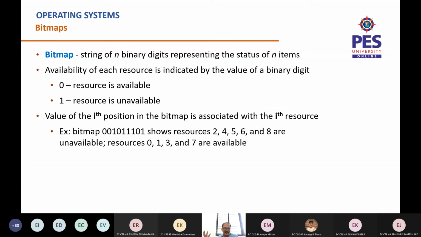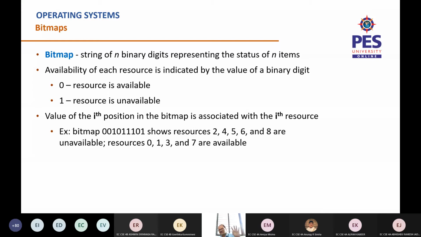And the convention that I can follow is I represent the bit as 0 to indicate that that particular printer is free, and I can use the number 1 to indicate that it is busy. It is a convention for you. You could have gone with the reverse as well, but do it consistently. So what I assumed is 0 means it is free and 1 means it is busy.